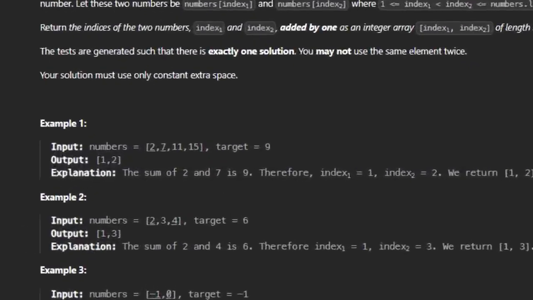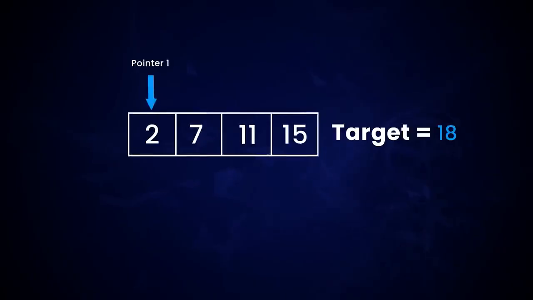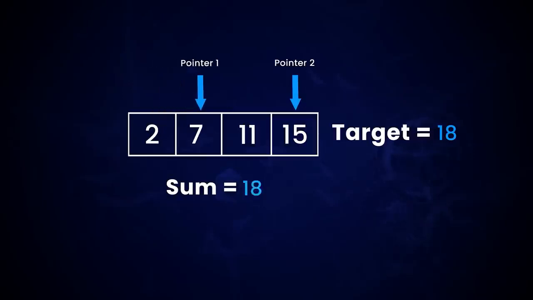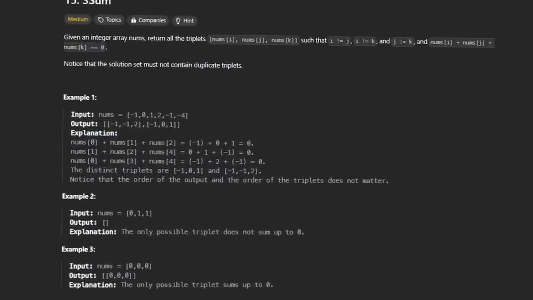Let's take the example of the two-sum problem. You're given a sorted array and you need to return the index of two numbers that add up to a target sum. To solve this problem, you can use 2 pointers. The first pointer starts at the beginning and the second one starts at the end of the array. Depending on whether the sum of the numbers at the pointers is less than or greater than the target sum, you will either move the left pointer to the right or the right pointer to the left. This works because the input array is sorted. Another variation of the same problem is when you need to find triplets that add up to 0 in a sorted array.